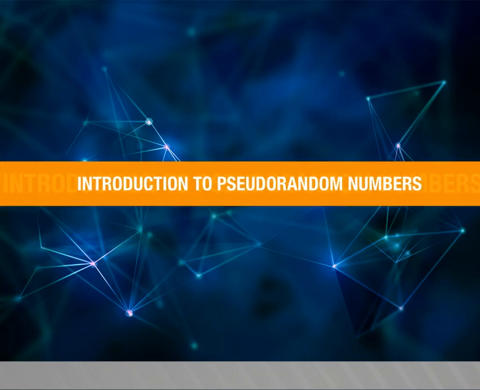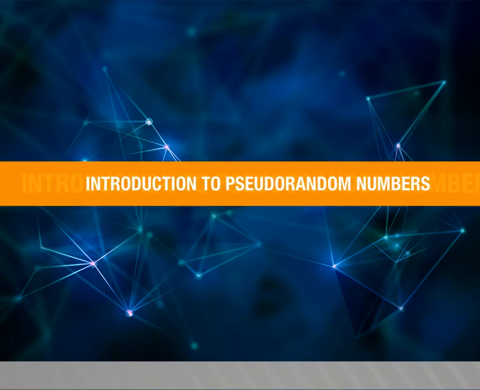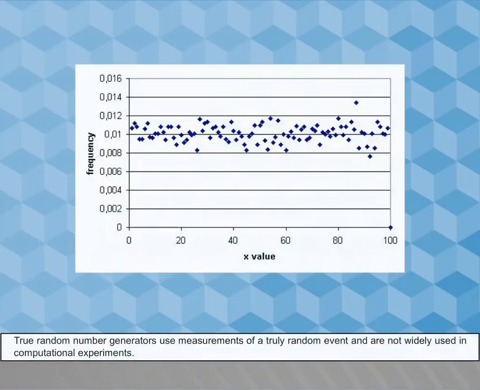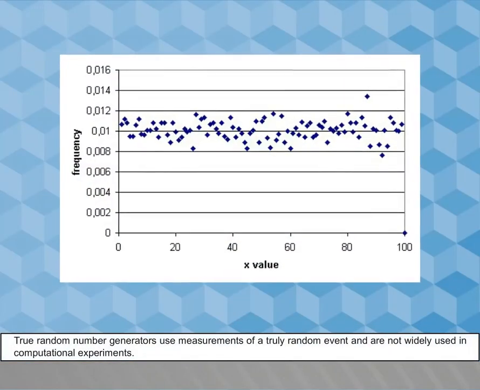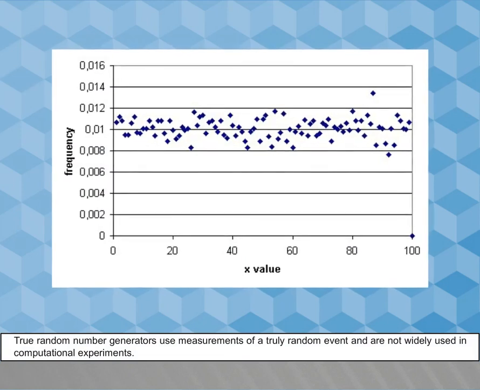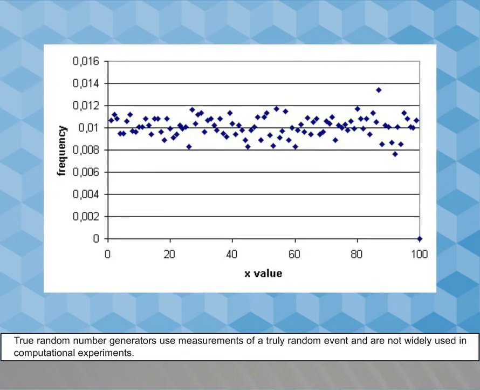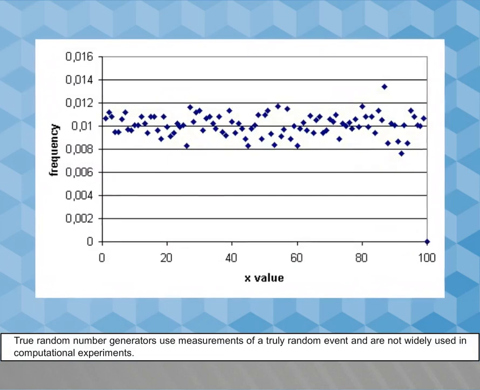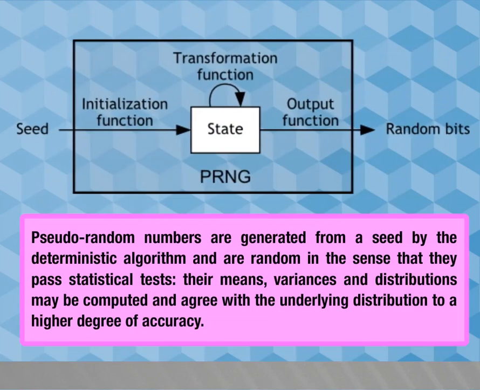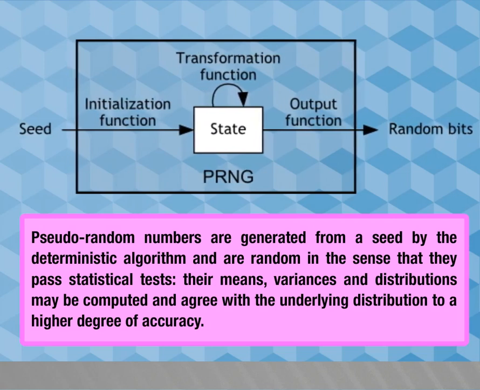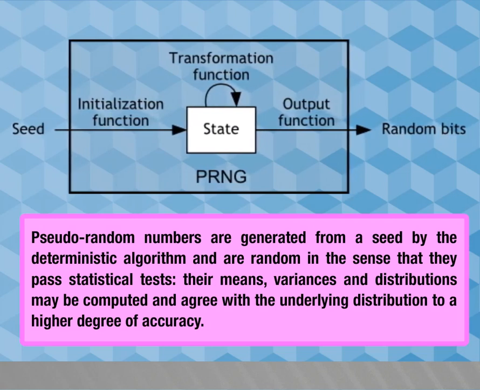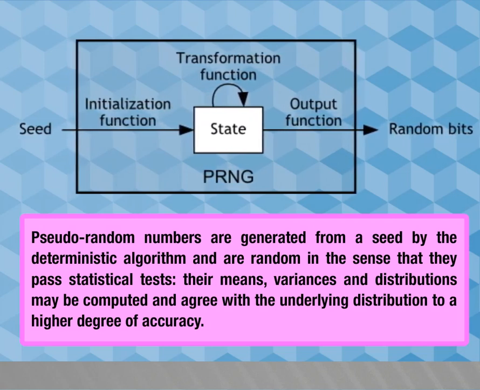Introduction to pseudo-random numbers. In this video, we are going to learn about pseudo-random numbers. True random number generators use measurements of a truly random event and are not widely used in computational experiments. Pseudo-random numbers are generated from a seed by a deterministic algorithm and are random in the sense that they pass